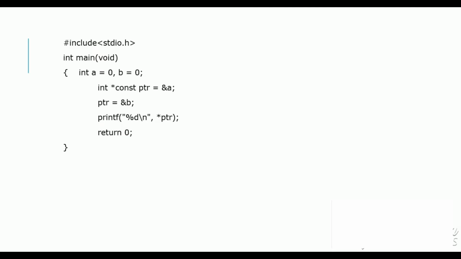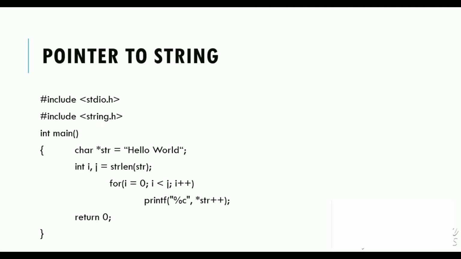So our next topic is pointer to string. So what is a pointer to string? We all know what a string is. A string is a series of alphabets, where in each position we have each alphabet. In the fourth line of the program, you can see that we have declared a character string with an asterisk, which denotes it's a pointer, and we have stored hello world into it.